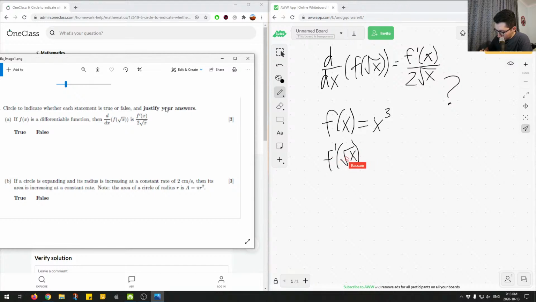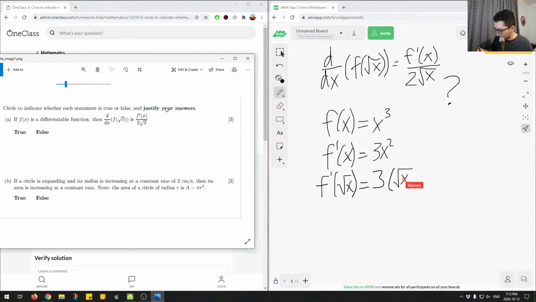So let me erase this. So we know f prime of x for this function will be 3x squared. And if we substitute for f prime of square root of x, we'd get 3 times square root of x squared, and this would give us 3x. So knowing this,